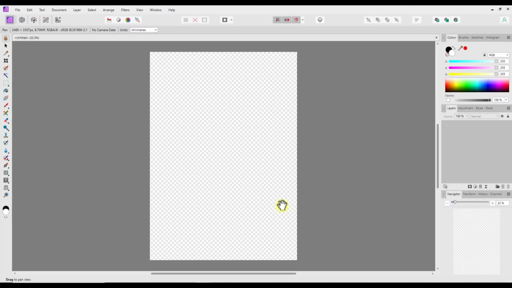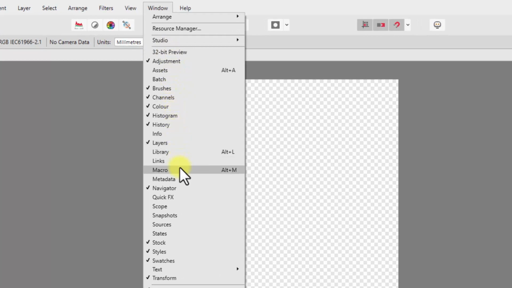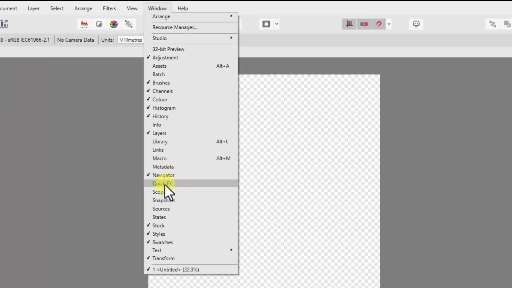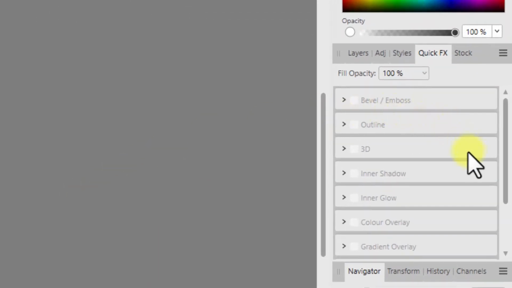Lastly, a look at what changes there has been with the layer effects. As I found out in the first video, the Effects Studio tab is now in the Windows menu and has been renamed Quick FX. Plus, now, by default, it isn't one of the studios opened in a panel on the right of the interface. You will have to activate it if you want it. I guess most people won't use the studio from this tab